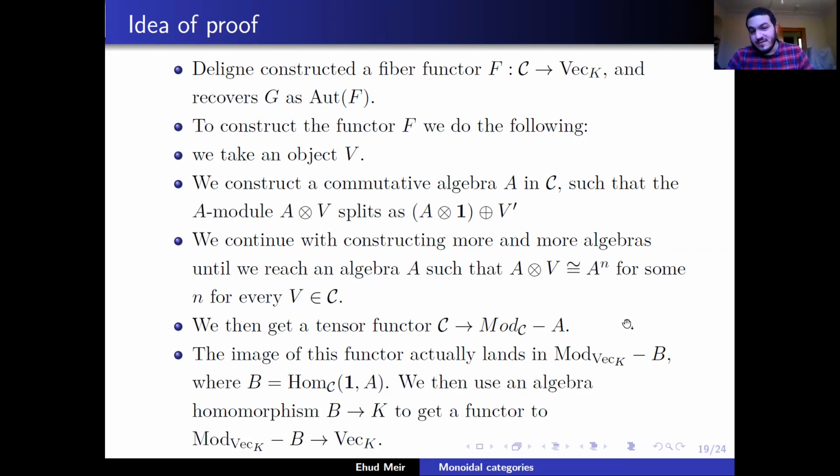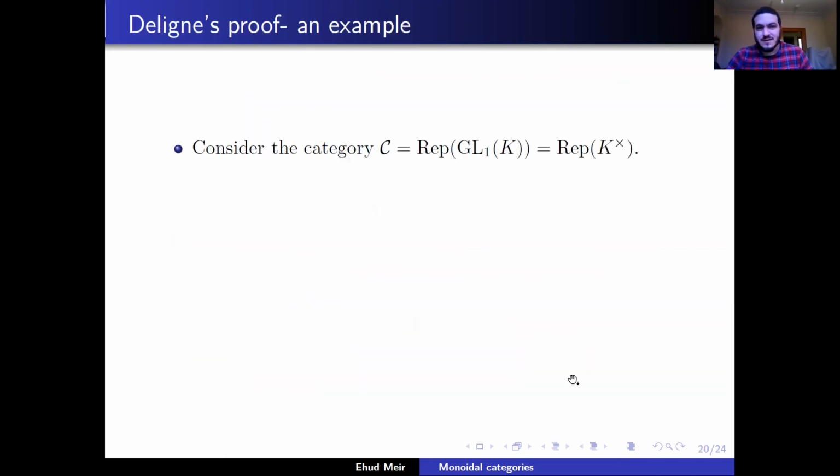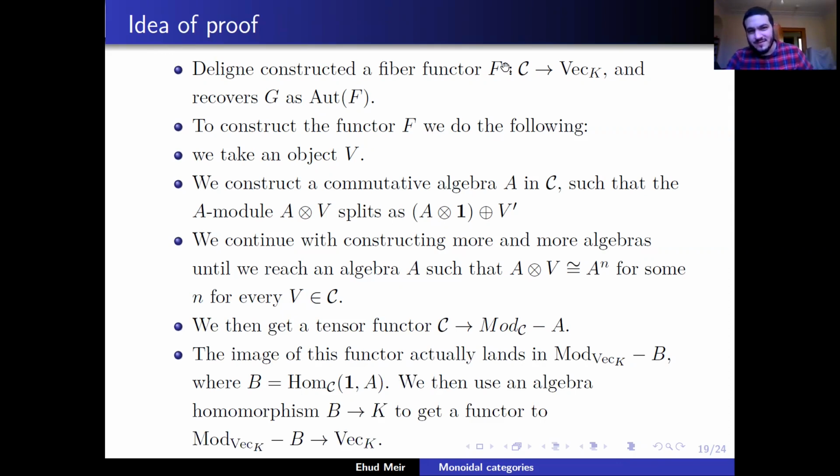Okay, so why is it good? Because then we use an algebra homomorphism from B to K to get a functor from this category to Vec, and altogether we get a functor from C to mod-B to Vec. We need to make some extra technical assumptions that I will not talk about here to make sure that everything is fine and that we really get a monoidal functor that is also exact and so on. But this works, and this enables us to really get this fiber functor from C to Vec_K,